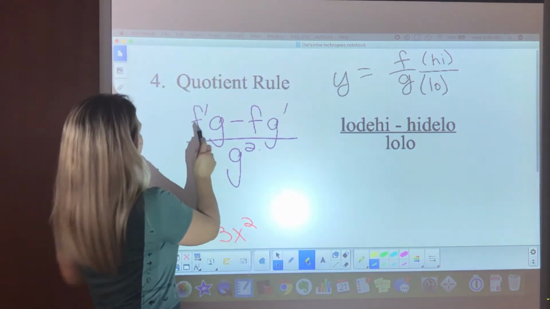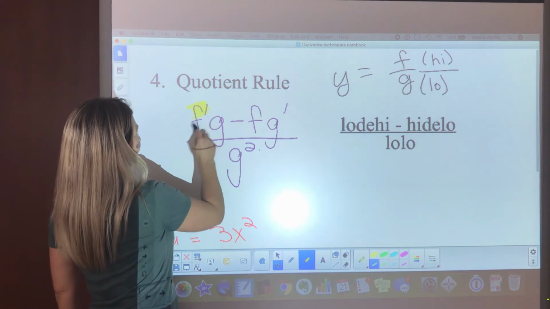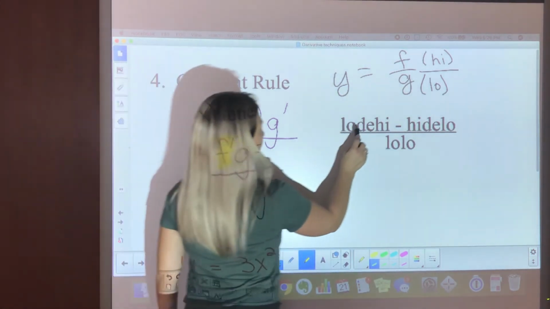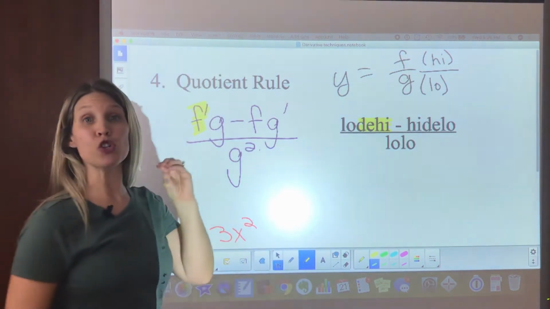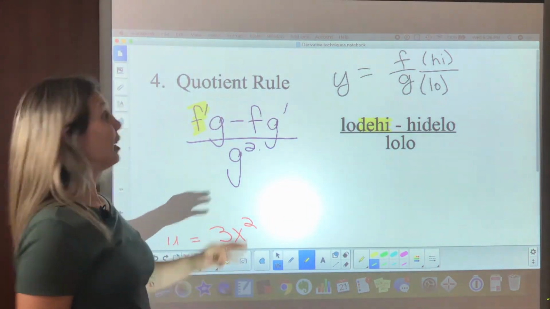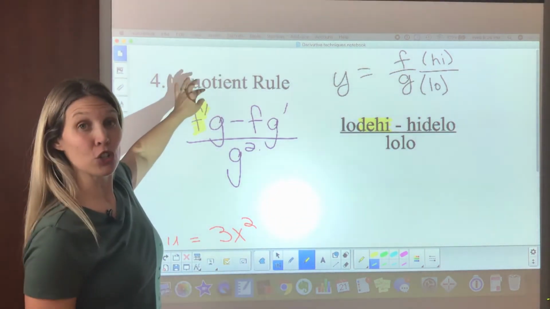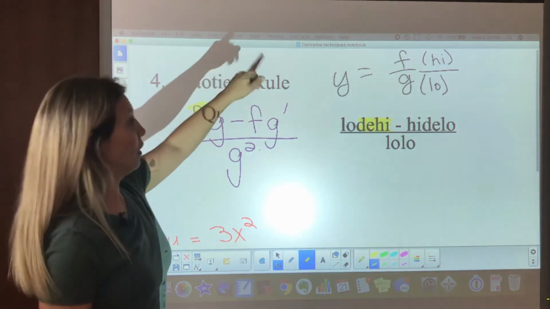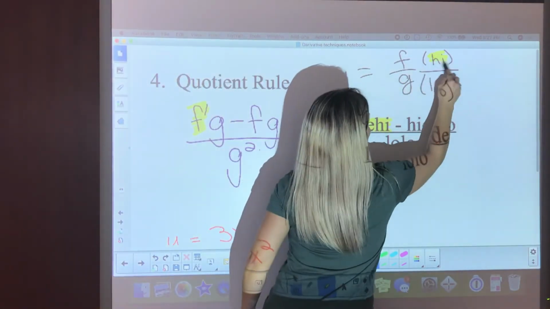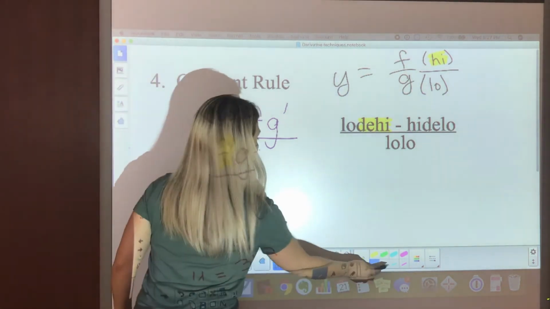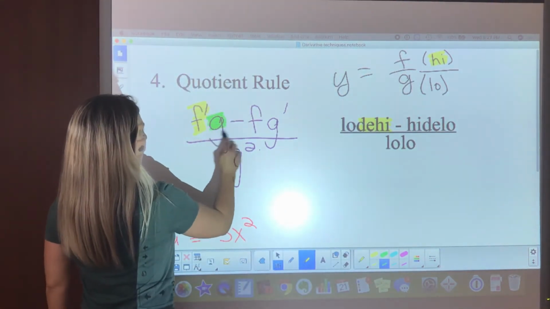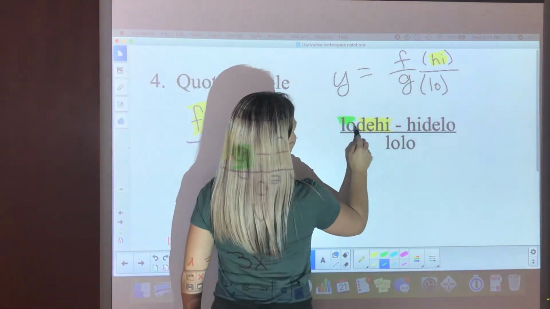The quotient rule says you need to have f prime. D high stands for derivative of the high. F prime means derivative of f. F is your high piece, right? So derivative of the high